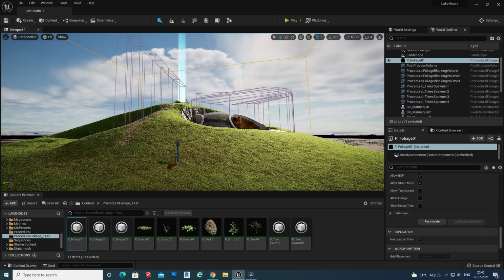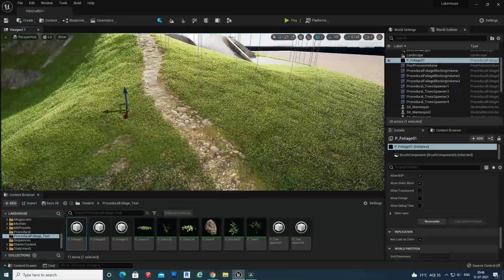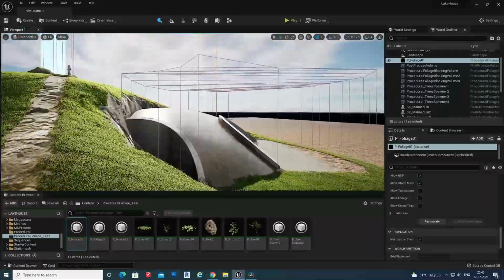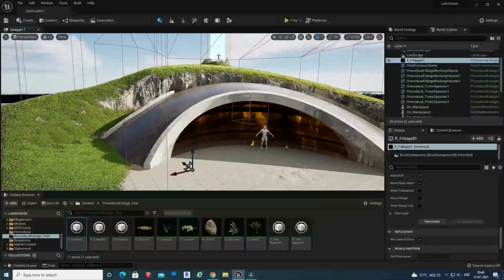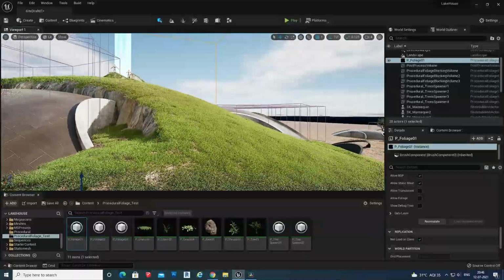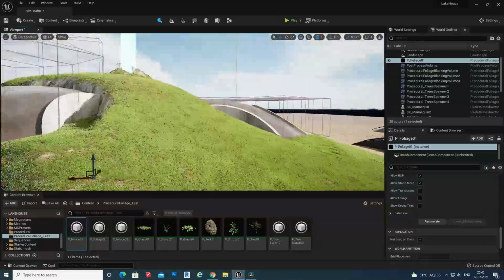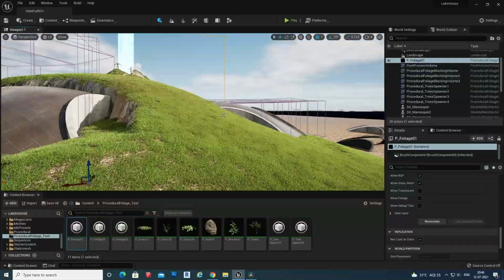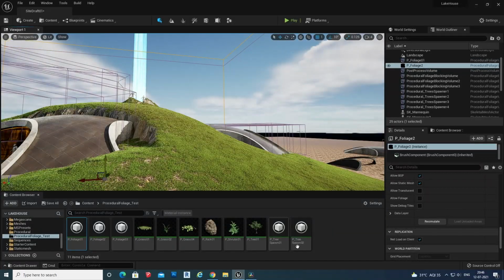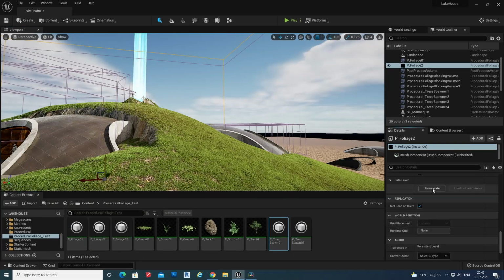See, so we have a nice grass. So there is no grass on the pathway or the buildings. So the rest of the thing is clear. Actually, the procedural foliage will look good in the terrain. Now what I'm going to do, I'm going to copy this volume and spawn trees over the grass. So I'm taking our trees, resimulate.